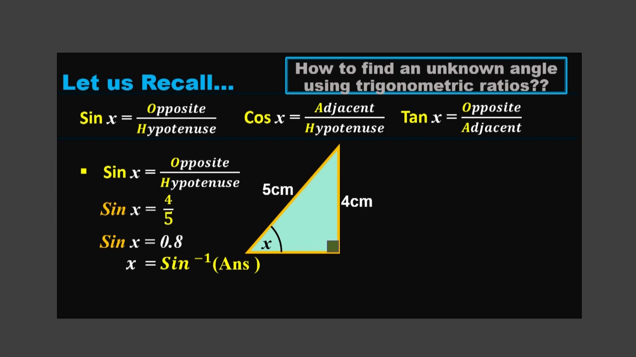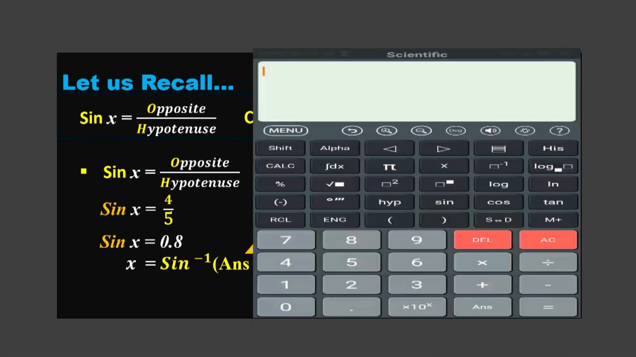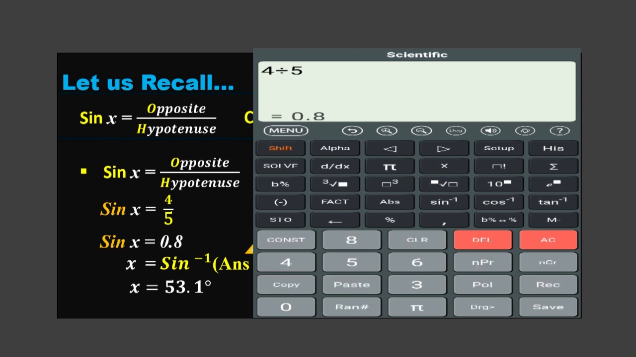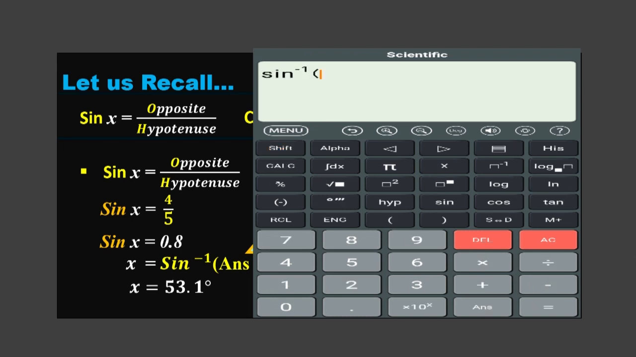So let's take a look at what I explained using a calculator. As you can see, 4 divided by 5 equals 0.8. Keep it as it is on the display. Shift, then sin, open the bracket, answer, bracket close. You will get your final answer as 53.13010235. You need not write the entire display as your final answer,